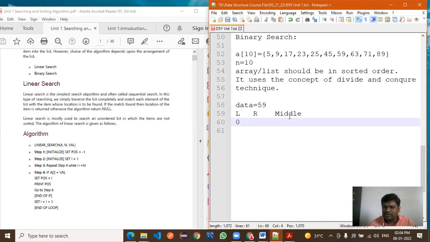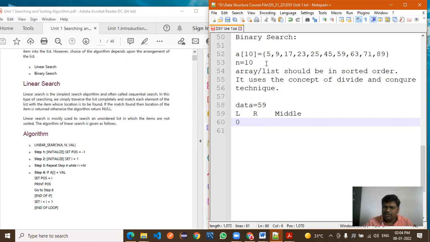What is the index here? If you consider the above list, what is the value of R? The first element index is 0.